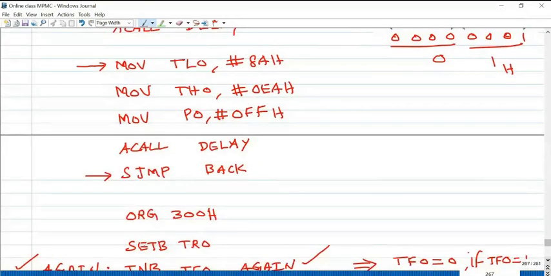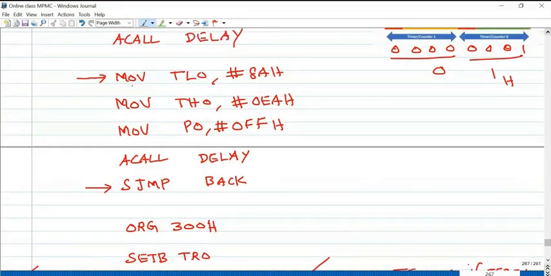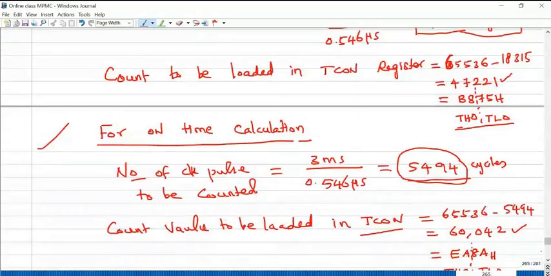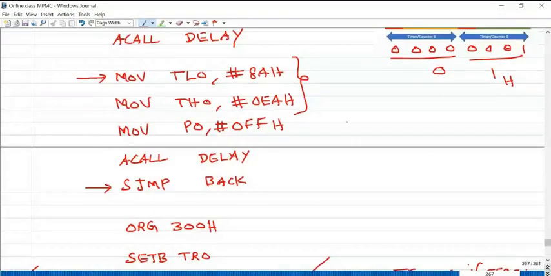Once return is executed from the subroutine, the next instruction after the call instruction runs. This is the instruction for the on time delay, EA8A, which we have calculated. This EA8A is loaded into the timer registers. Now make your port 0 logic high and call your delay program.